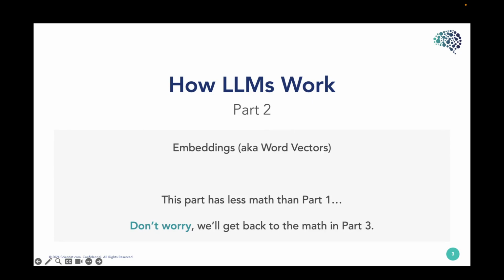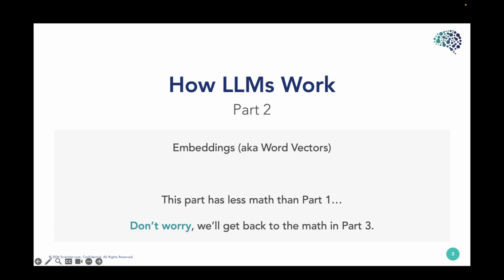We did talk about neural networks last time. Today, we're going to talk about embeddings. Last time was very heavy on the math. We went deep into the matrix, the linear algebra, the matrix multiplication, as well as the calculus. This is going to be more conceptual. We're going to coast a little bit on the math we did last time and talk about how we use that to train embeddings. But don't worry, we are going to get back to the math in part 3 when